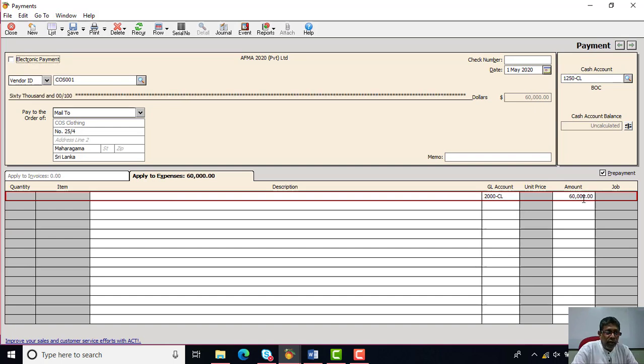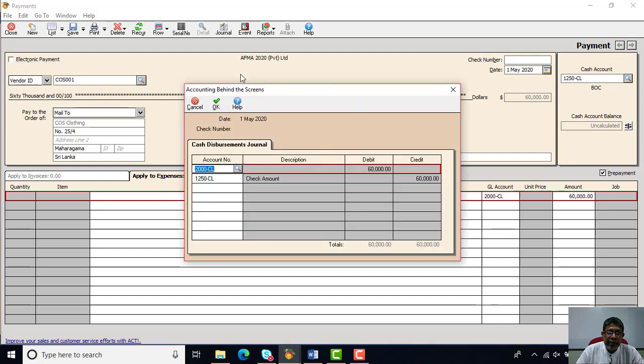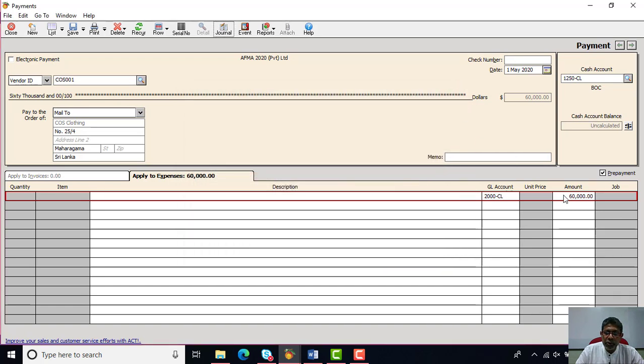That will be recorded like a negative value to the vendor, because you are paying an advance payment to the vendor without receiving any item. So in the journal entry, you can see the creditors account will be debited. The creditors account is debited, which means it's a negative value because now he is liable to us, and also your bank account is credited because money is going to the supplier. So I hope you got the idea of how to make the three different types of payments to the vendors using this window.